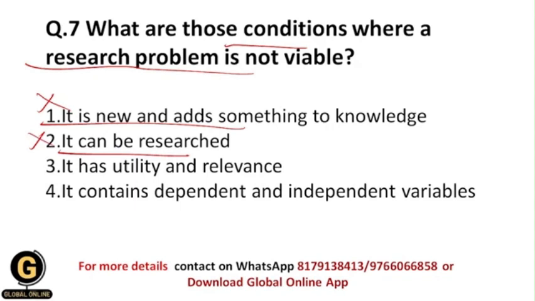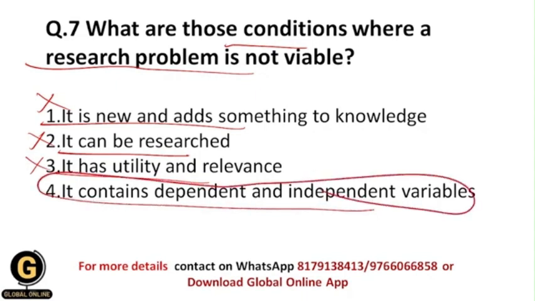But we have asked about when it is not viable, okay. It has utility and relevance. Yes, under this situation as well it is viable, so this is eliminated. It contains dependent and independent variables. Yes, so under this situation research problem is not viable,